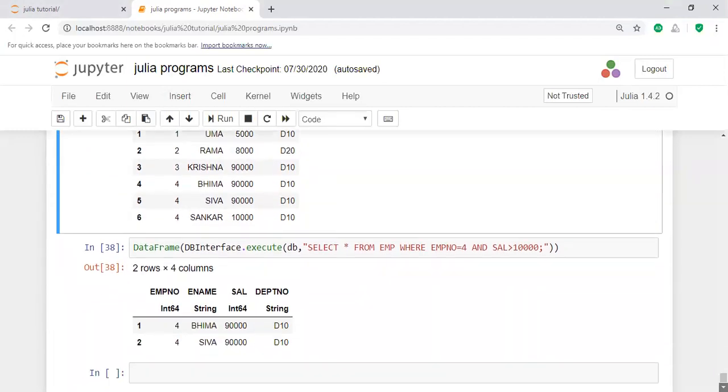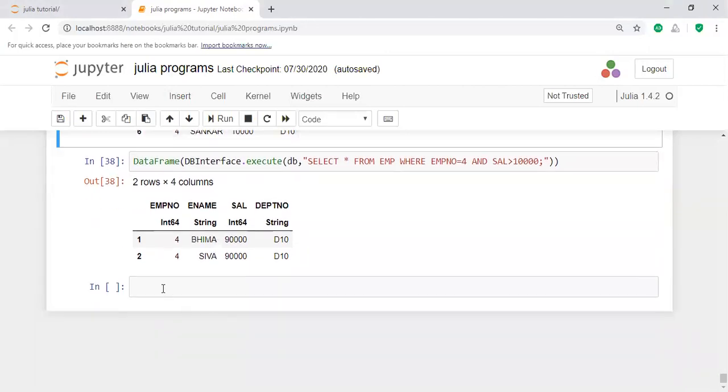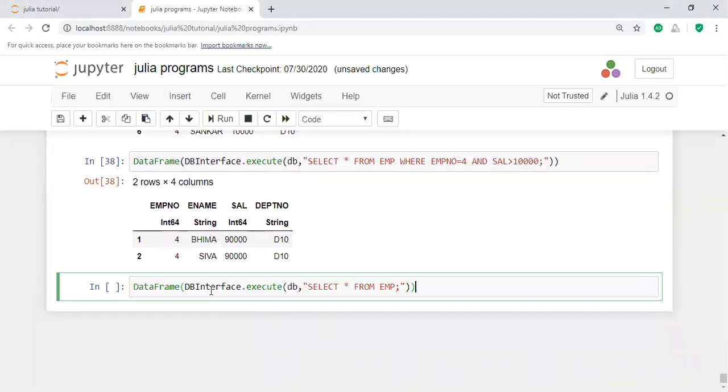How can you get the data? Select star from EMP, and you will use order by.